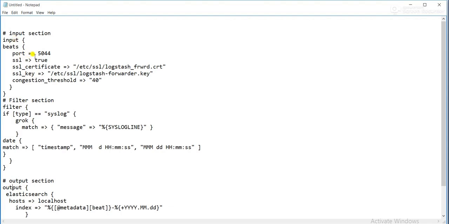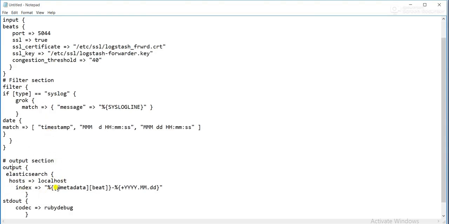So what does the input section do? Logstash will listen on port number 5044. Then this is the certificate and key file location where we generated the key as well as the certificate. Then the filter section will filter the messages. Then the output section is the storage section, how Logstash will send logs to Elasticsearch.